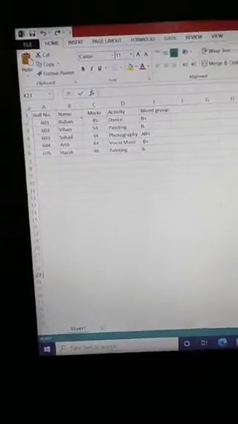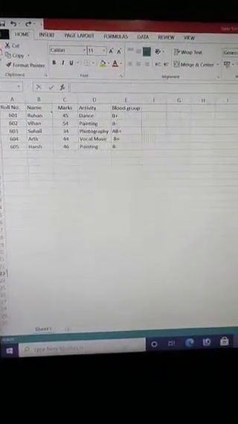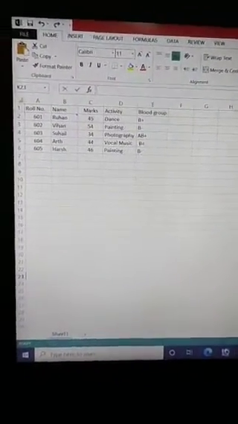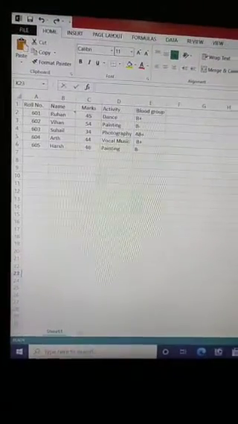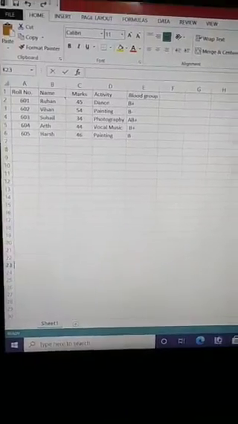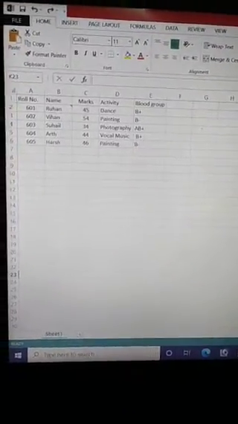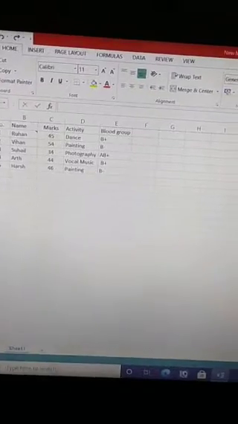So today we are going to discuss how we can change row height and row width. In the previous class we have already discussed how to delete, how to move and how to copy some data from an Excel 2013 worksheet, and today we will discuss changing the row height in Excel 2013.